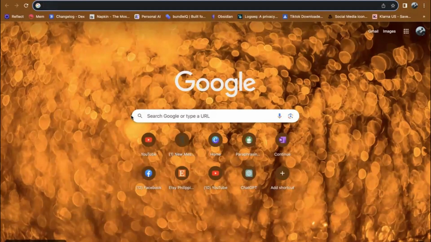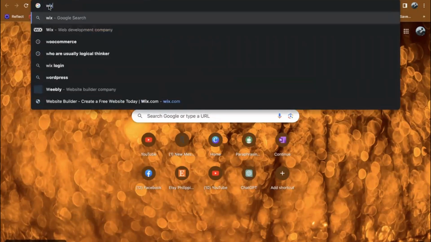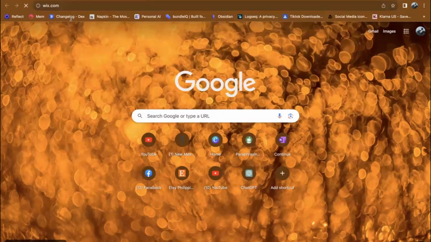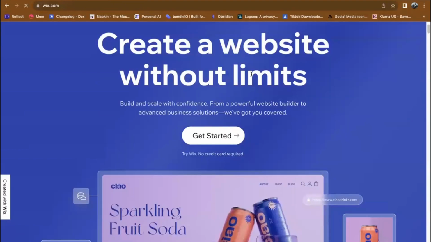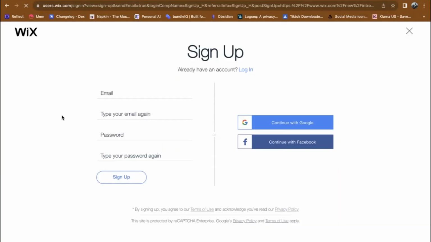Today, I will be going over how to create a website on Wix, a beginner's guide. So let's get started. First, open your browser and go to wix.com. Click on Get Started. So, to be able to create a website on Wix, we need to create an account